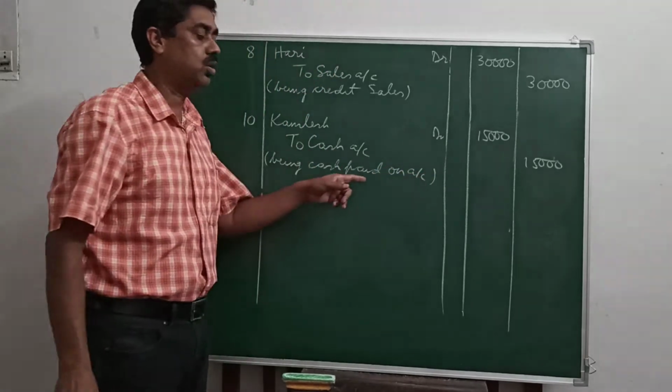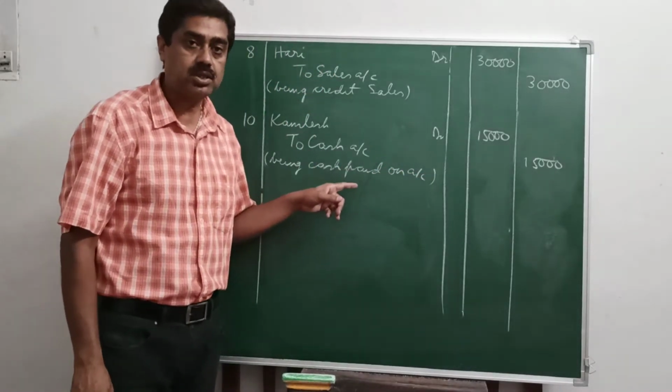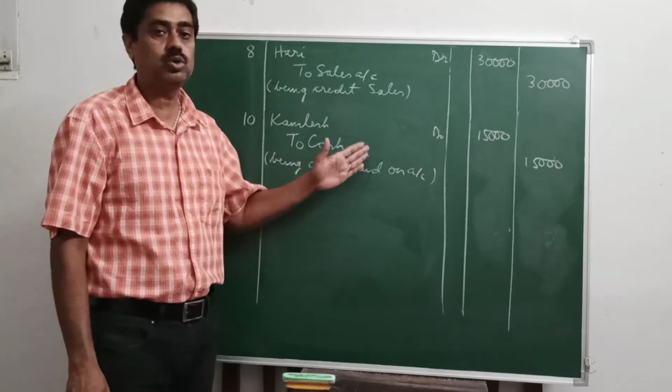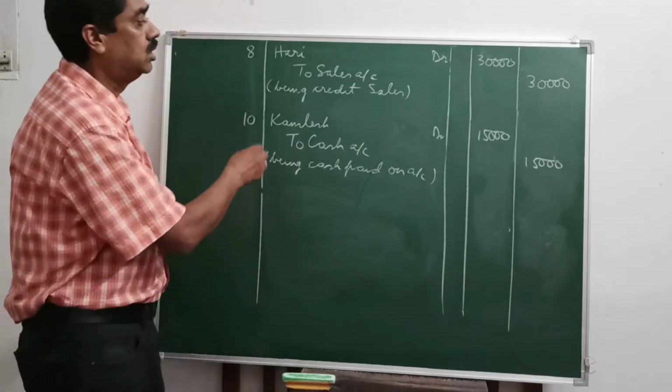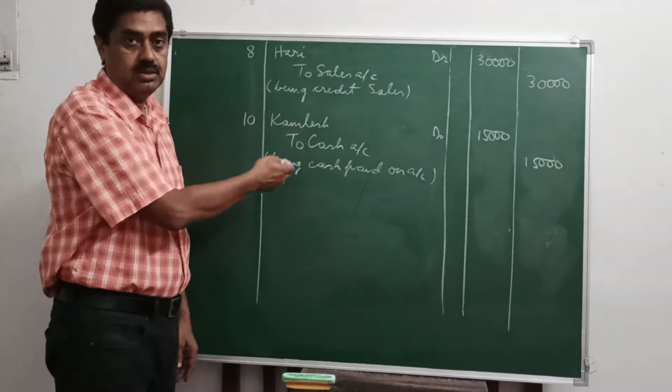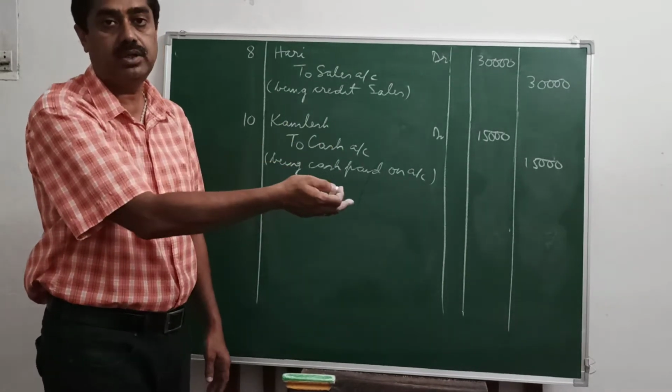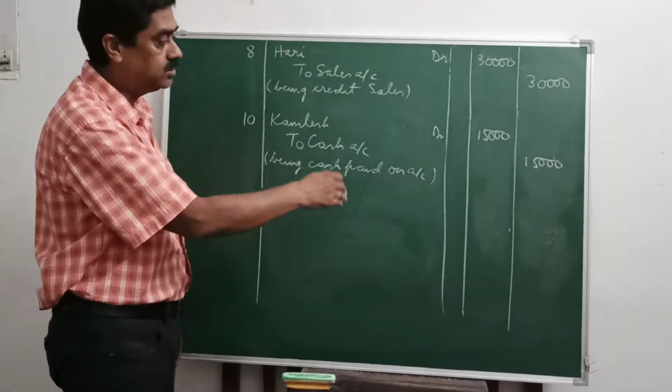Now why on account? Because you already had a transaction with him at an earlier date, and for that you are making a payment. So again, on account you are making the payment. Now on the first page there may be, in my page I have passed 7 entries, in your page there will be 6 entries. Then you have to carry the balance to the next page.